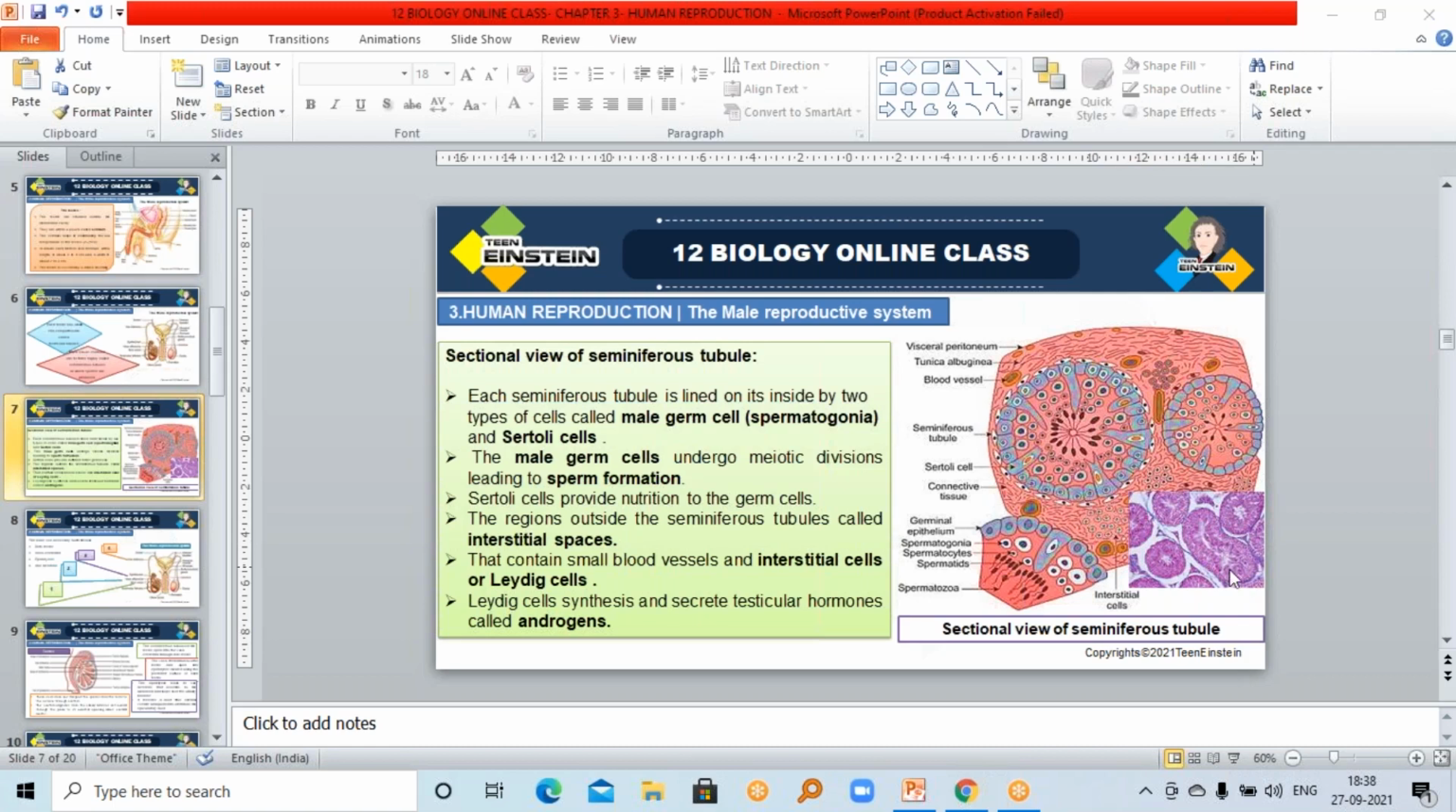This is how it appears in a slide. When you get a slide identification in your practical exam, this will be the appearance. In that slide you can see this kind of structures, which are the sectional view of seminiferous tubules. So this is how it will be for practical exams. And now coming back to this, the space between two seminiferous tubules, or outside the